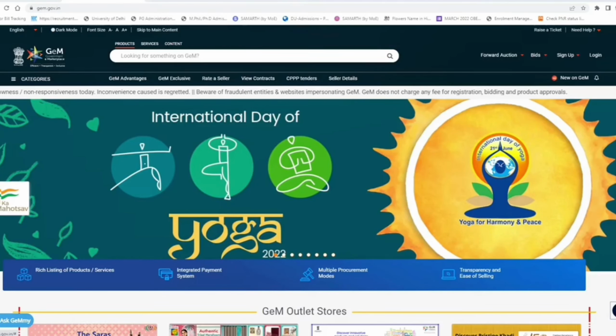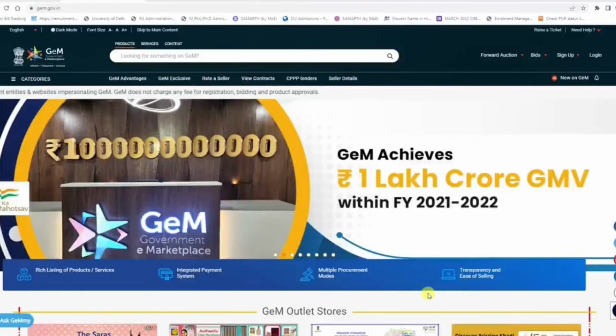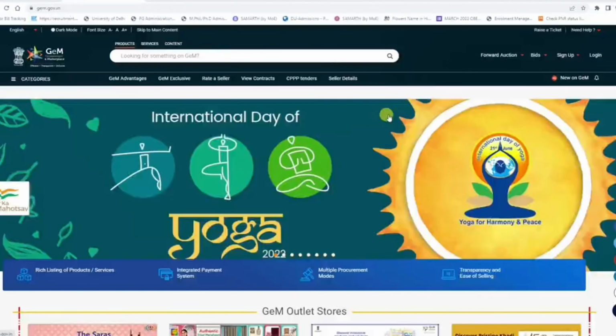The other method, a very popular one, is to create a bid for the product. In this method, after we create a bid on the GeM portal, a lot of sellers participate in it.